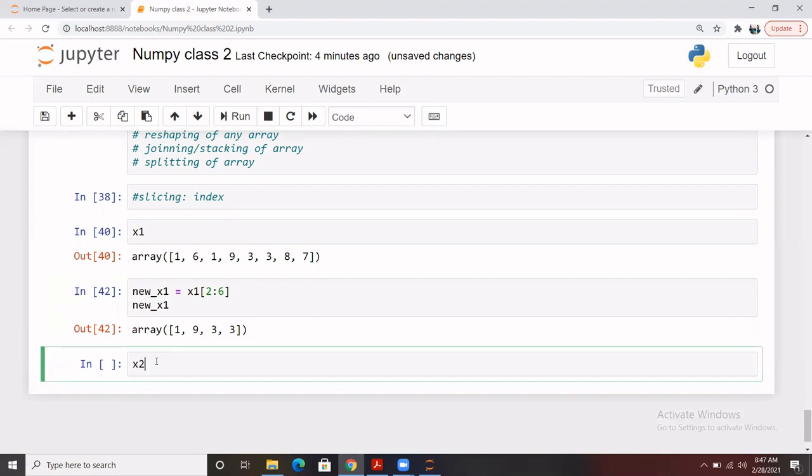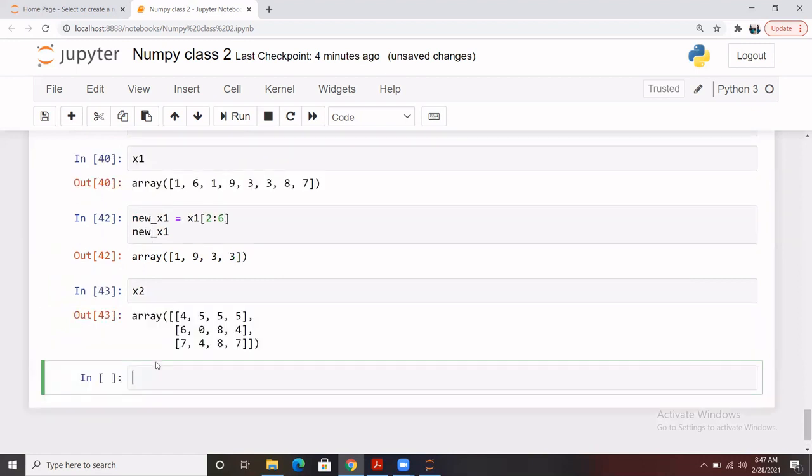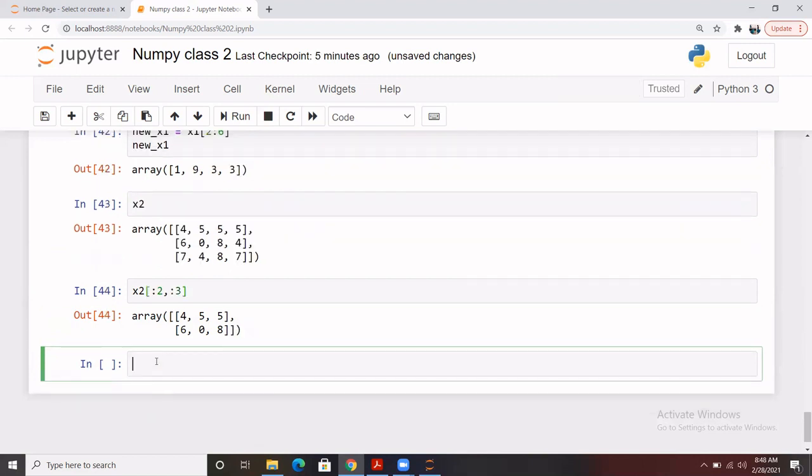In case you want to do the same thing for a two dimensional array, here as well we can do the slicing. Let's say you want to extract basically the first two rows. How are we going to do that? Like this. And we want to extract the first three columns. How are we going to do this? We have to write it something like this, and here it is.